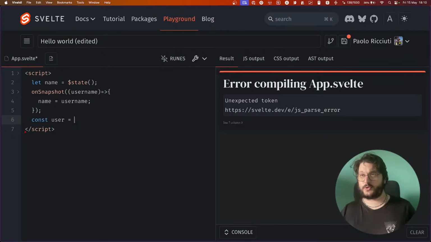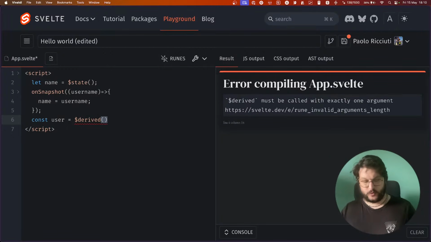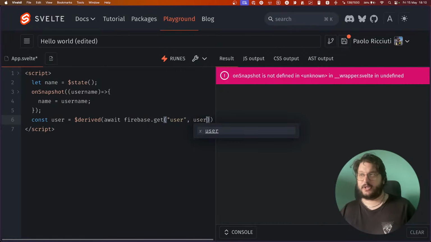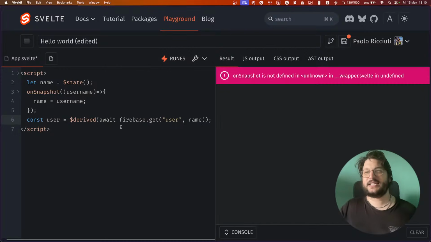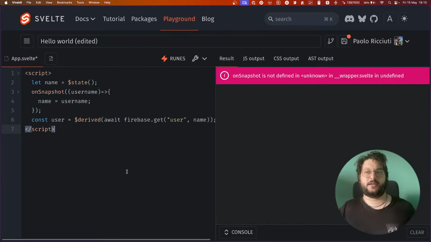So you can do user is equal $derived, and then you can do something like await Firebase dot get, I don't know, user, something like that. Again, it's pseudocode. I'm not sure how Firebase does this kind of stuff, but that's the idea.